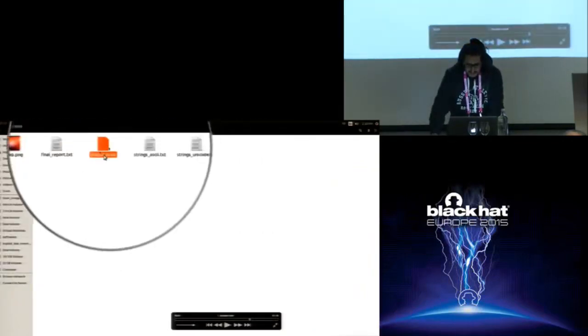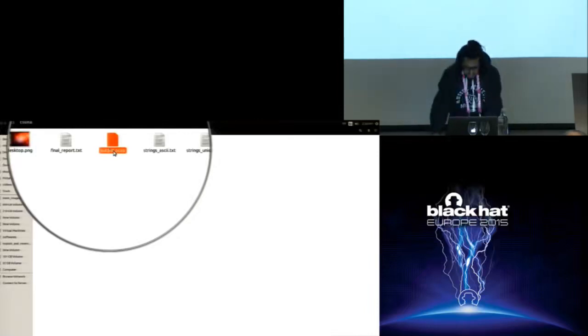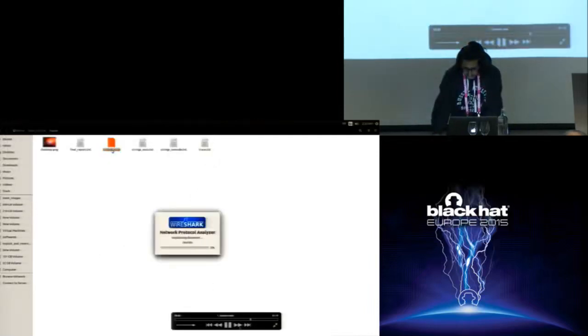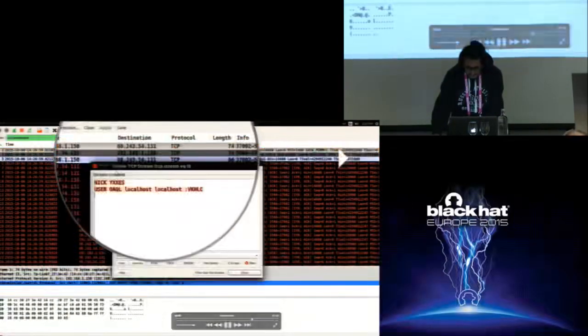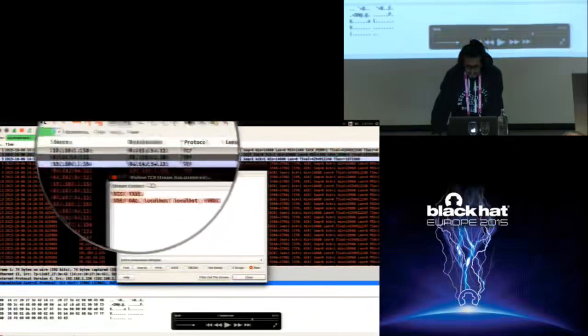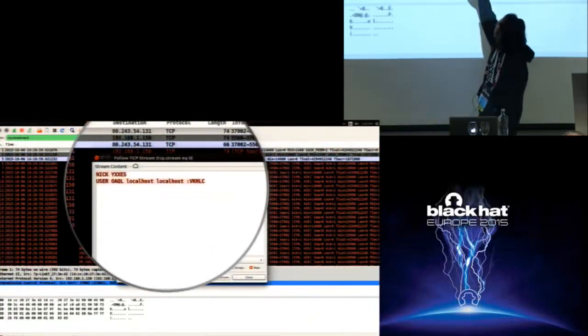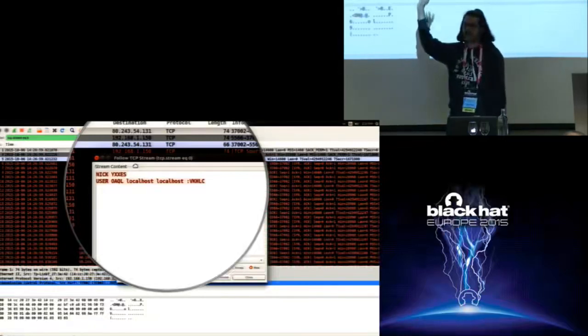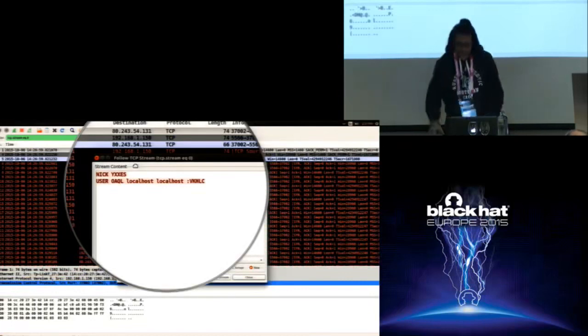Now, Limon also stores the packet capture of the session, so I'm opening the packet capture to show you the packets. You see that here, it is connecting to that IP address on port 5566. If you look at the TCP stream, you see that it's IRC communication. So this is an IRC bot. What it does is it connects to the IRC channel, takes commands from the attacker, and based on the command received, it will perform an action.